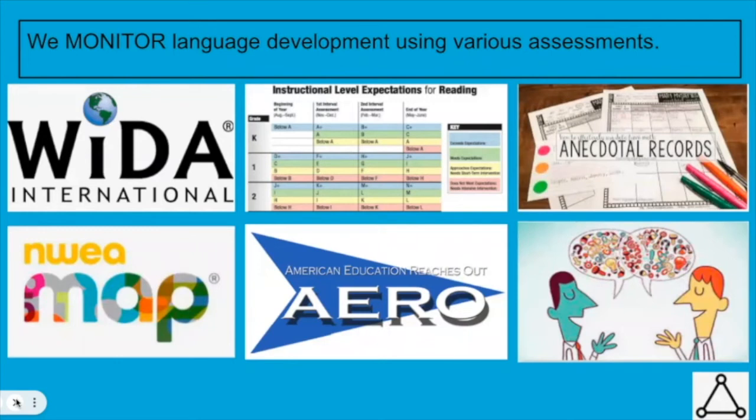And we use a curriculum with a set of standards, the Arrow standards, that have language